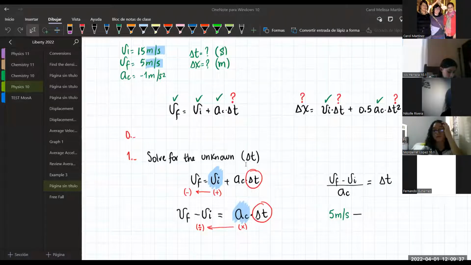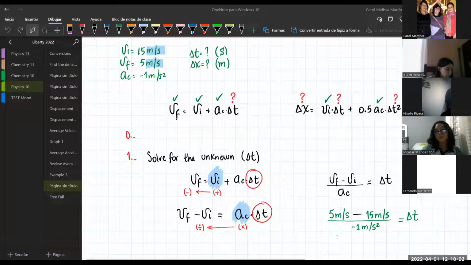Now, what is my initial velocity? 15 meters per second. All this is divided by the acceleration, that is -1 meters per second squared. All this is equal to the time,